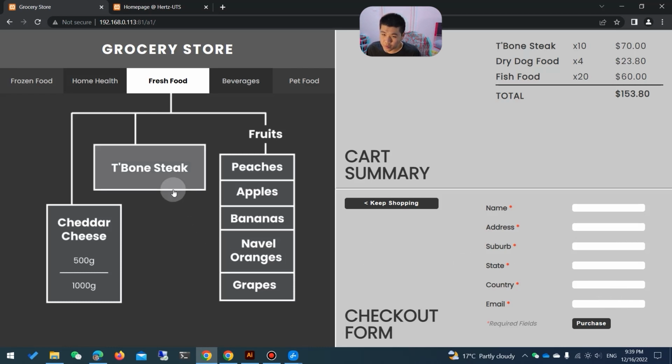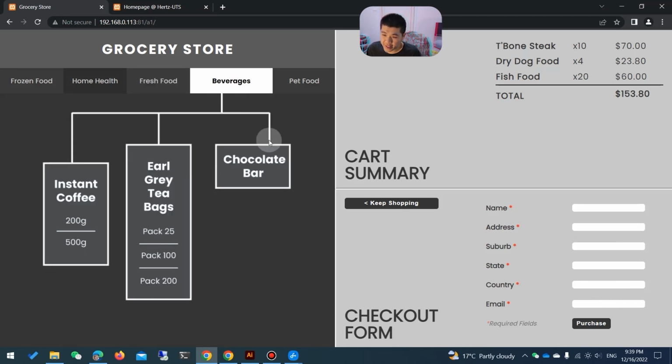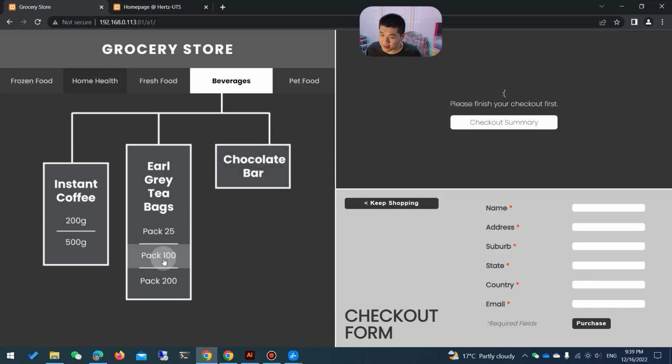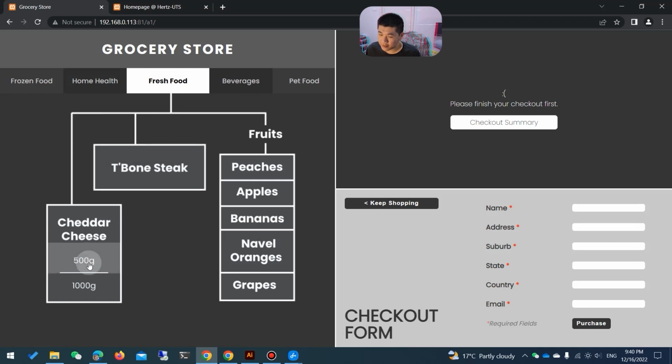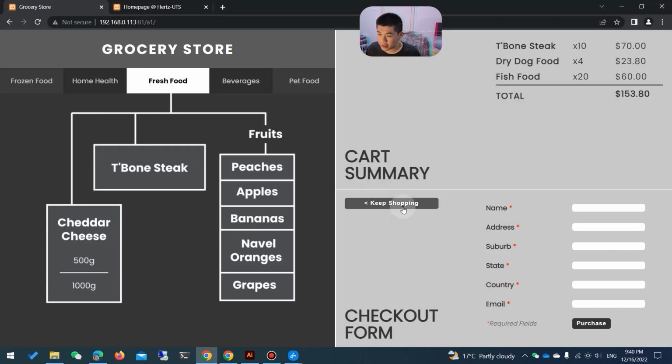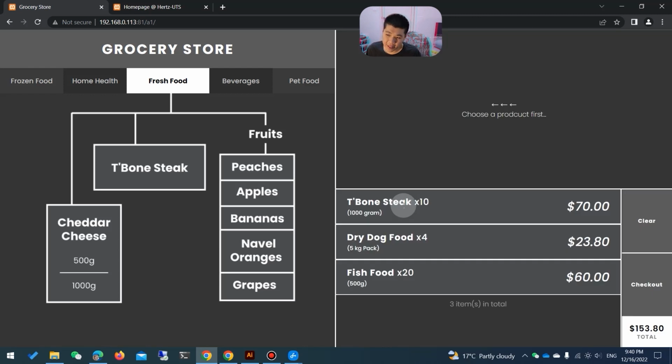Another requirement was that when we are in checkout mode, the user cannot add any other items to the shopping cart. For me, that is done through a Boolean value in the session or in the cookie that checks if the user is in checkout mode. The top right hand corner is not going to show any additional information about the product, and you need to go back to the checkout or click on the back arrow to go back to shopping mode.